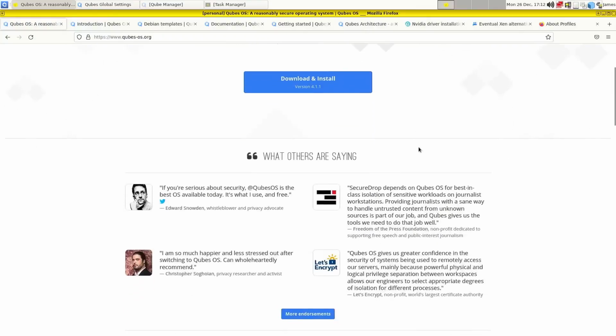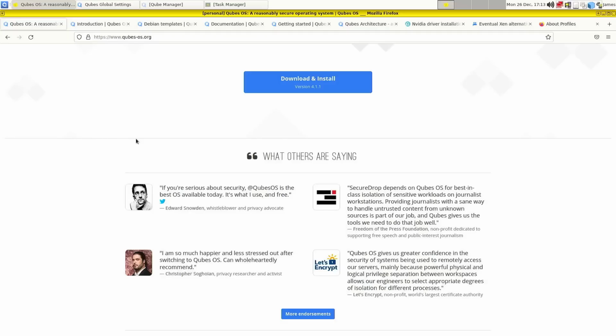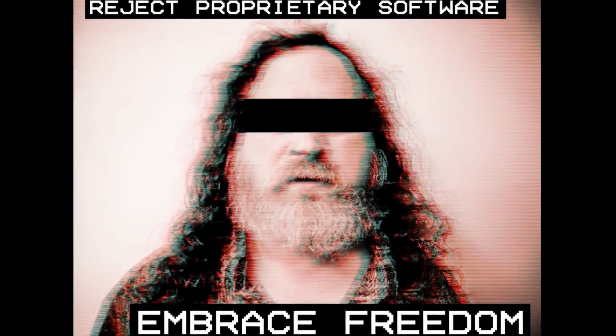And we can take a look at some of the endorsements that it has. Edward Snowden, he's probably the guy that made Qubes OS really popular because he uses it as his daily driver. And he says if you're serious about security, Qubes OS is the best OS available today. It's what I use, and it's free. And not only is it free as in price, but it's also built with free and open source software.